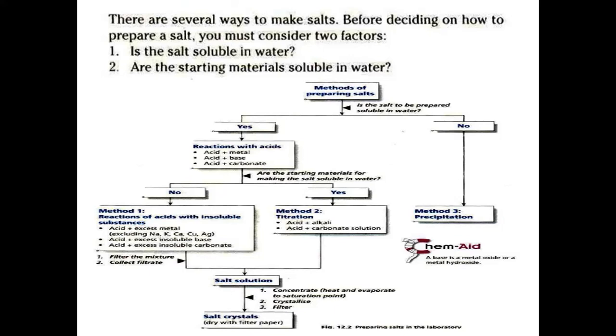But if I'm using acid and alkali, or acid and any kind of carbonate, both substances that I'm using are soluble in nature. That's why we must know the exact quantity of acid, the exact quantity of alkali, or the exact quantity of carbonate that I'm using. And for knowing the exact quantity of acid, alkali, or any kind of material that I'm using, we use a method which is called titration.